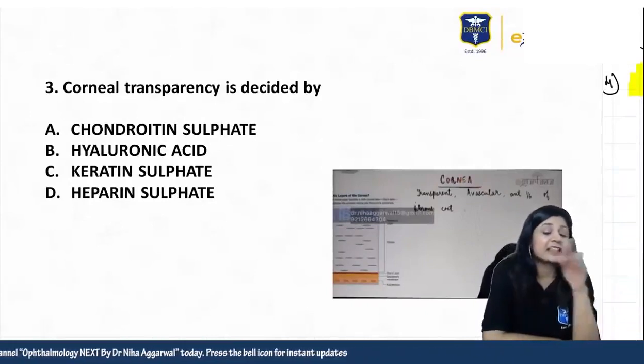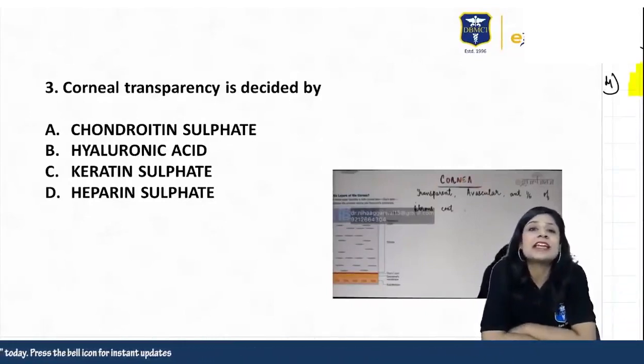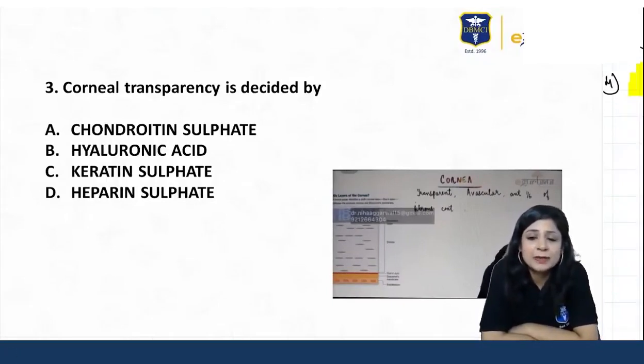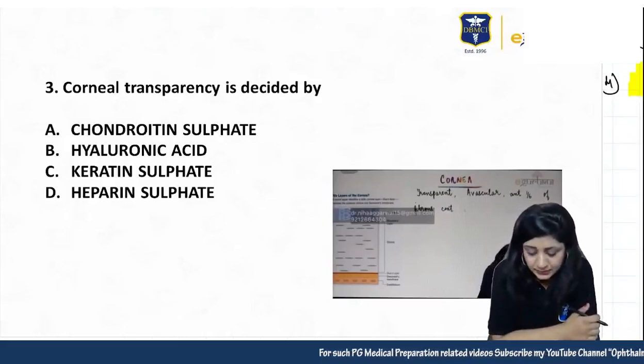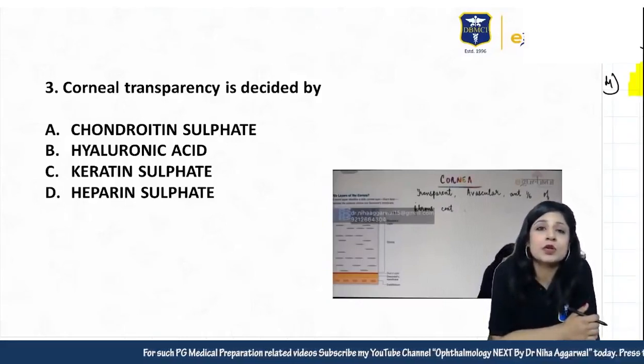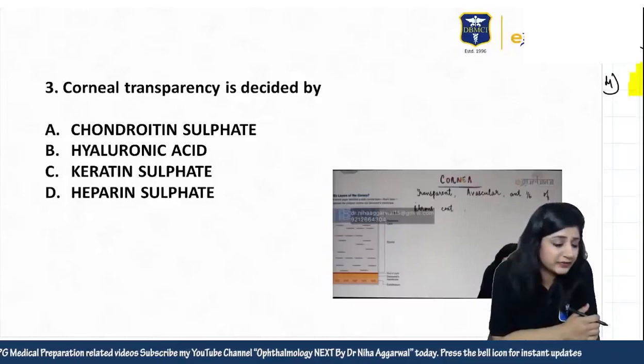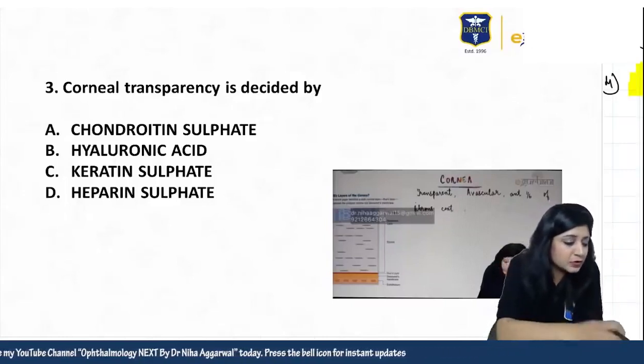Why not LASIK, Aditya? Not LASIK, because the age is less than 18 years. You cannot do LASIK before 18 years. And the age of the patient given was 15 years. Yes? So is this question correct here? Corneal transparency is maintained by, what should be the answer, guys? Please guide me about the language of the question and also the options. Are you clear with this? So what should be the answer here?